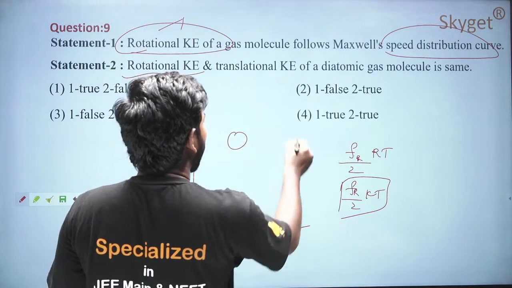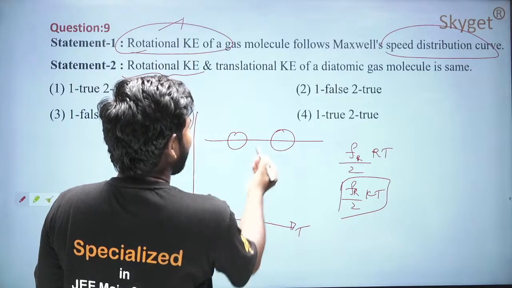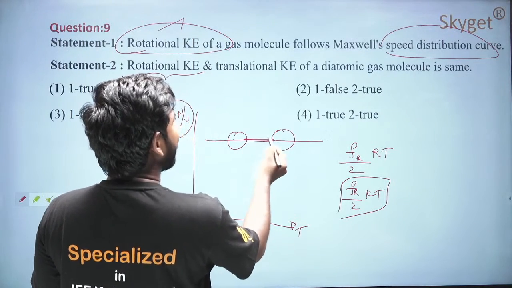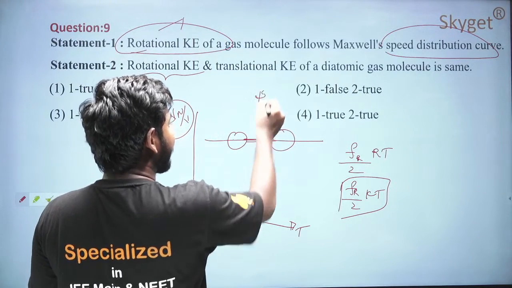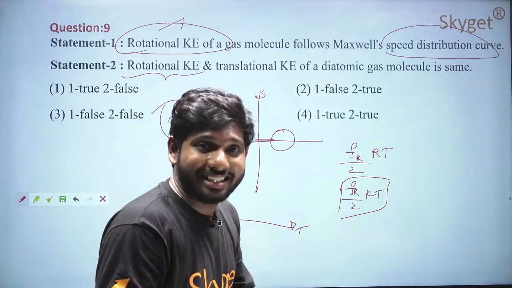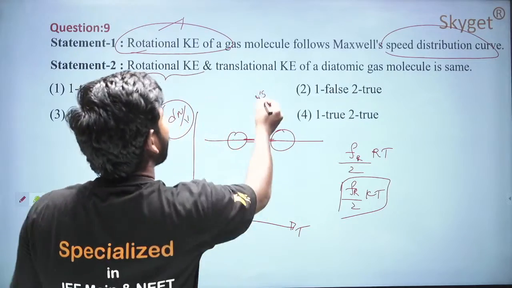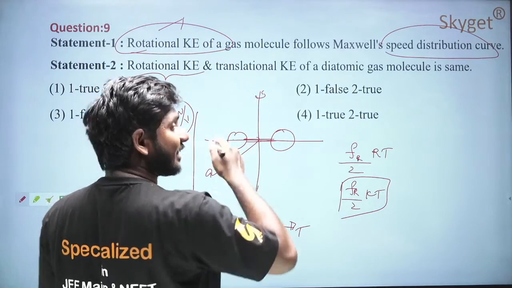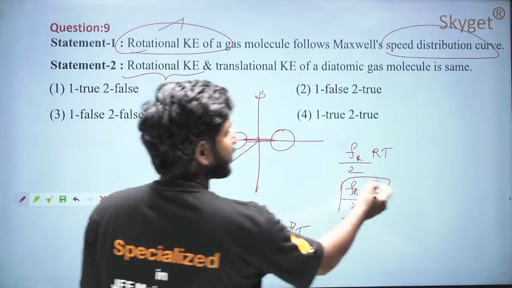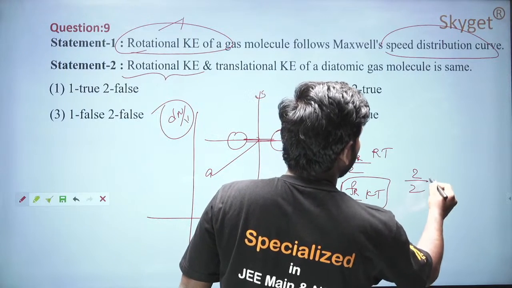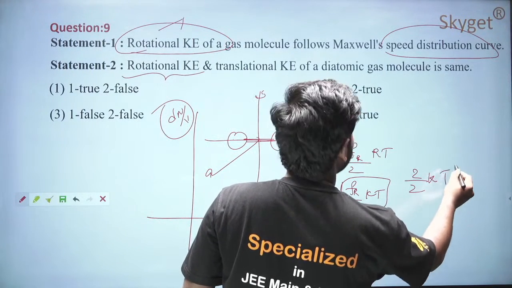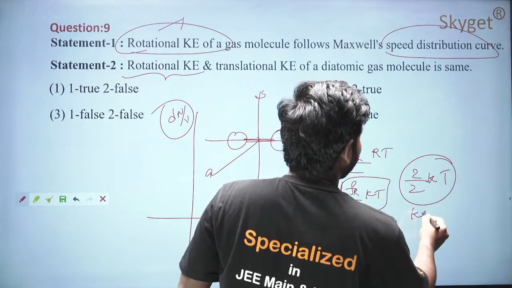A diatomic molecule can rotate about the y-axis. If it is on the x-axis, rotation about that x-axis is 0 because the molecule lies exactly on the x-axis. So about the y-axis and z-axis there will be 2 degrees of freedom, students. So that will be 2 by 2 kT, that is 1 kT, will be the